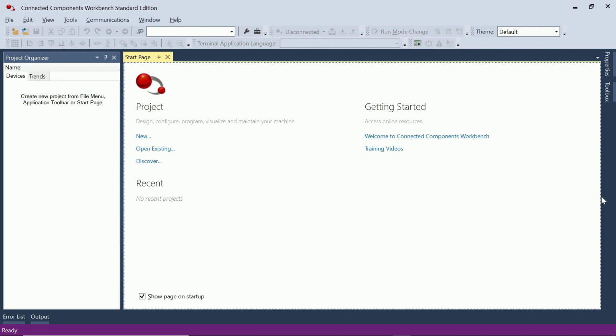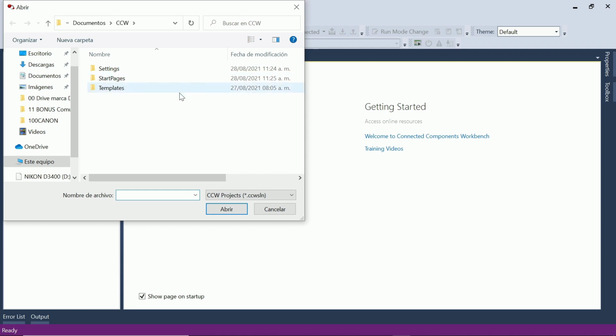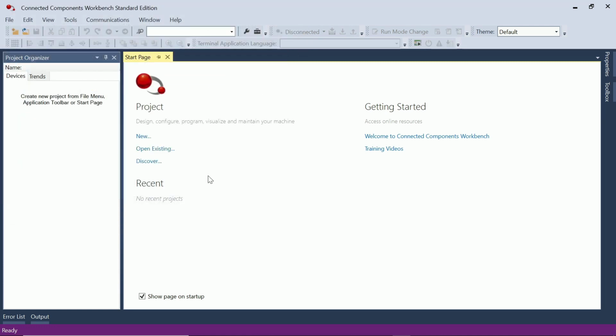Now, what are we going to be able to see here? We have our communication part. We can connect our drives. We can create a new project, or open an existing one. Now, I don't have a created project, okay? I have none. So therefore, if it is something new,